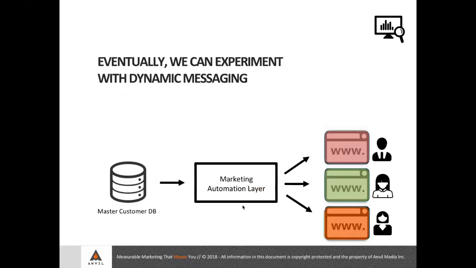Let's say we want to use a marketing automation layer to actually create different experiences of the website depending on the customer. So customer A gets a specific piece of content when they visit our homepage, or when they visit a specific landing page. It's a different message than what customer B gets. And maybe we have a fallback experience, but if we know something about you because you're in our database, we're going to spit out some new content for you. Marketing automation tools can do this today. Most of them can do it out of the box. It's not easy to set up, but when it's done well, it can be very, very powerful.